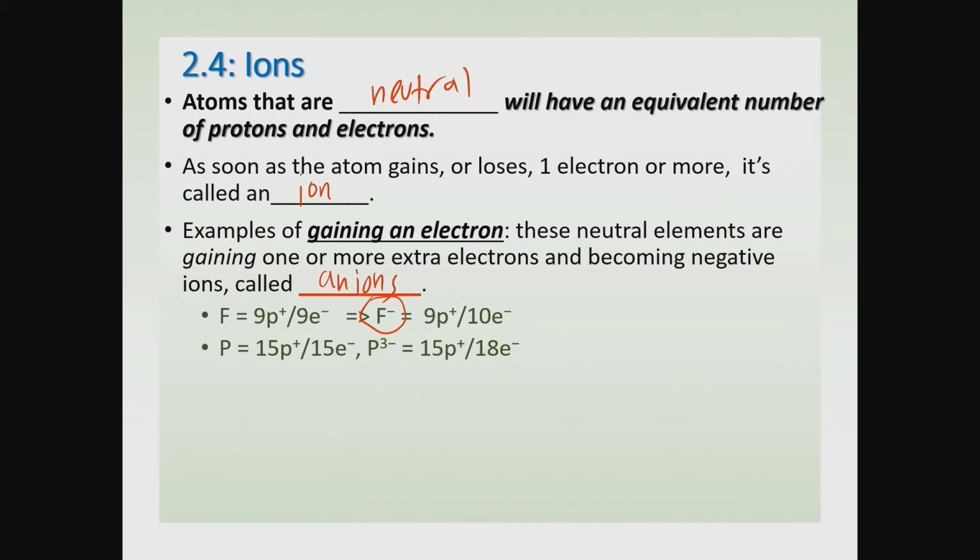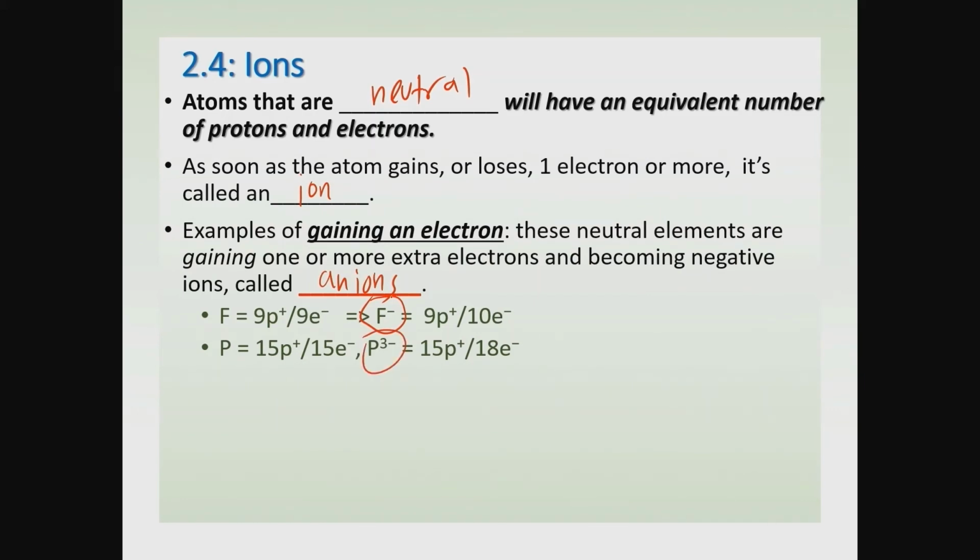Then we bump up the electron count for this phosphorus atom from 15 negative electrons to 18 negative electrons, which is too many electrons compared to 15 protons. And so there are 3 extra electrons. So to indicate that this new atom of phosphorus has 3 extra electrons, we write this symbol here, a P